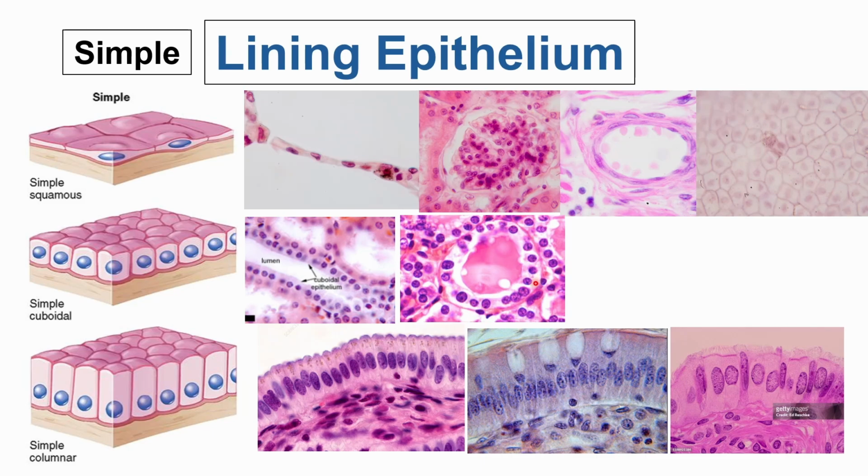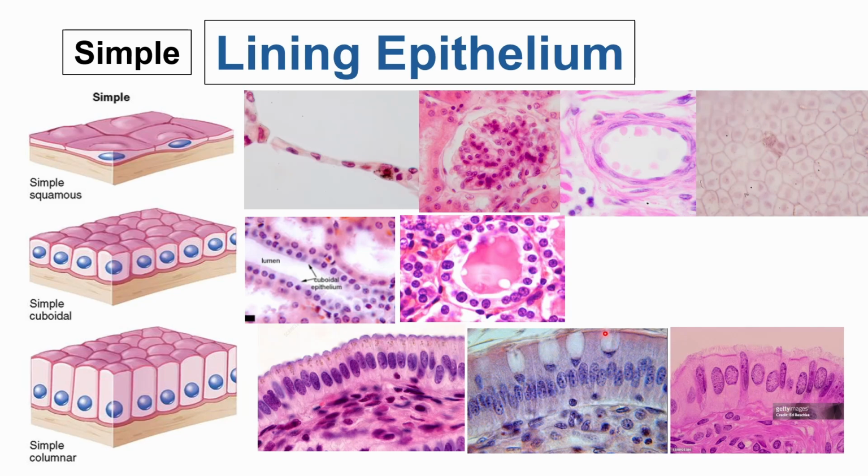What else? Here, columnar cells. So, columnar cells are somewhat distinguishable from your cuboidal cells because usually they would have elongated nuclei, and these nuclei are usually placed either at the bottom part of the cell near the basement membrane or in the middle part. Okay, so if you would compare that with your cuboidal cells, the cuboidal cells usually would have a very circular shape of nucleus. And these are the special types of simple columnar epithelium that we were talking about earlier.